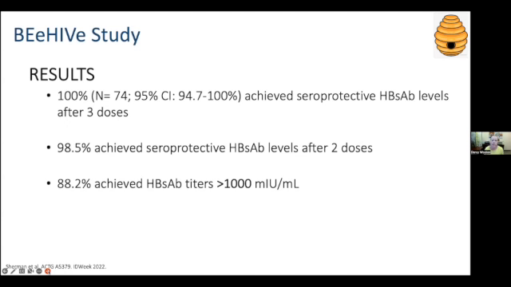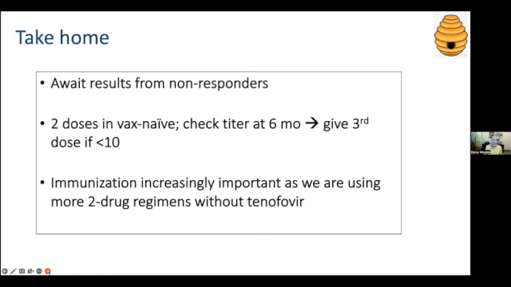I will note, I didn't show the baseline characteristics, but the patients in this study did have a pretty high CD4 cell counts, median of like 400 to 500. So that's something to keep in mind, because we know that people with lower CD4 cell counts are more difficult to have that seroconversion. So I think take homes from this study, I'm eagerly awaiting the results for non-responders